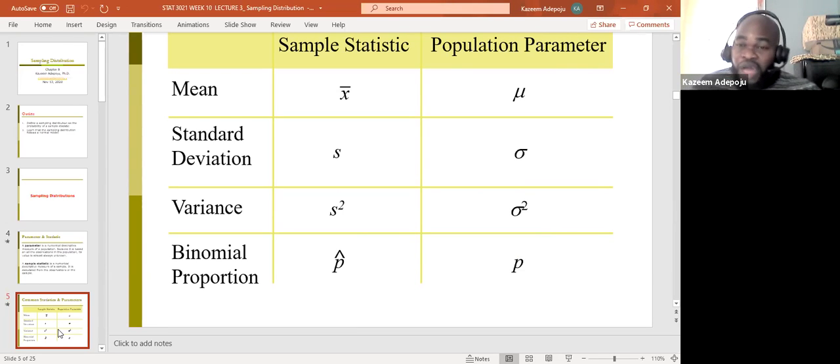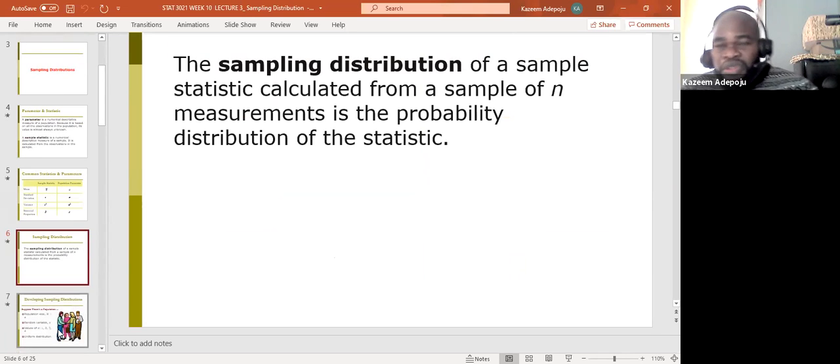Of course, I don't need to investigate everyone in the target population before I can do that. So I'm going to take a sample, and whatever I want to compute, I'm going to compute it from the sample. That's exactly what I'm going to do. Okay, so now what does it mean? What is sampling distribution? Today's topic is sampling distribution. So how does sampling distribution connect with what I just explained? Now let me give you an example.